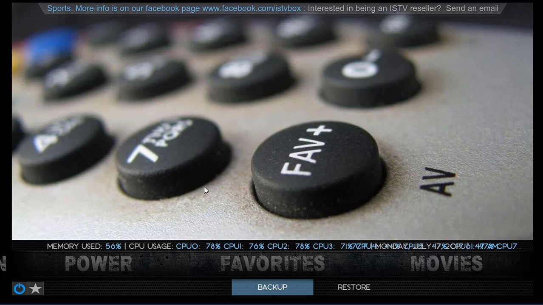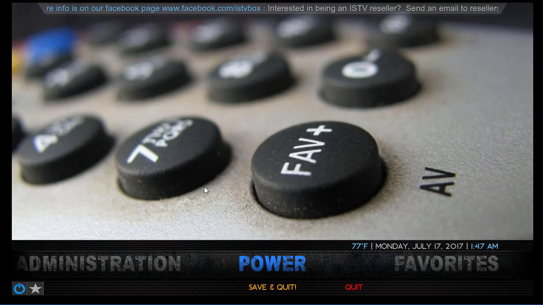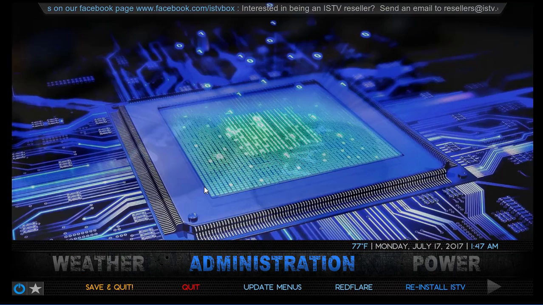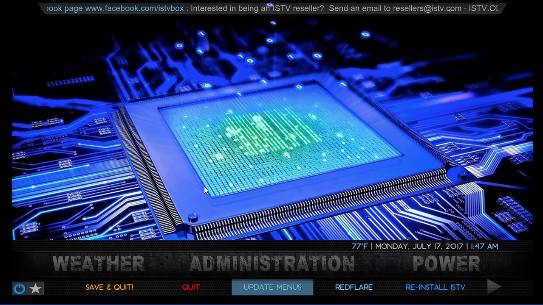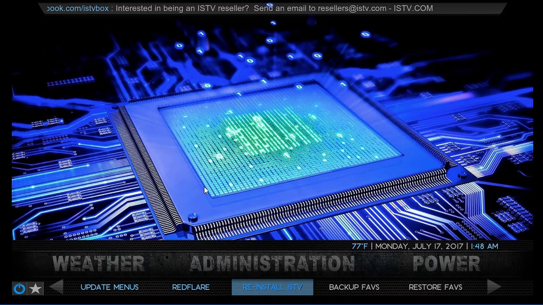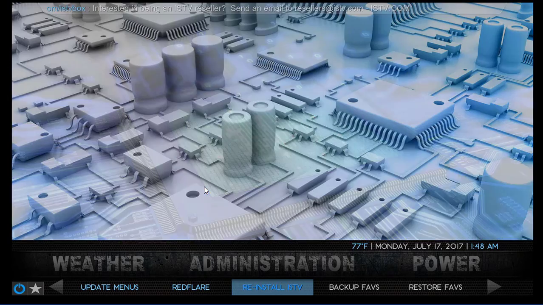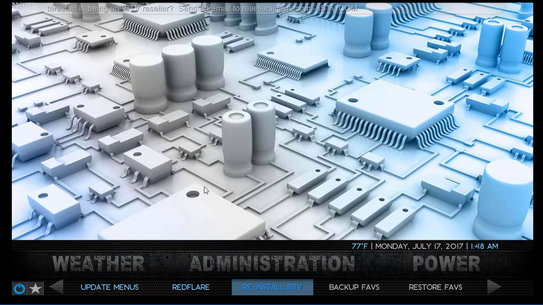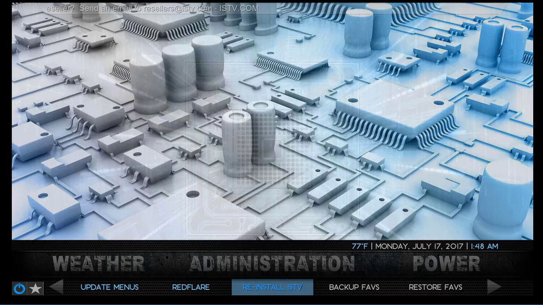So what you're going to do is go up here and go over to the administration. The first way you can reinstall is underneath the administration menu. You can go ahead and click reinstall iSTV. If you go this way, you're going to get a message that pops up and says, would you like to back up your favorites as well? However, if you're doing it the second way I'm going to show you, you want to make sure you back